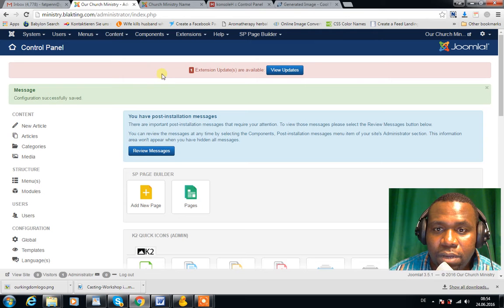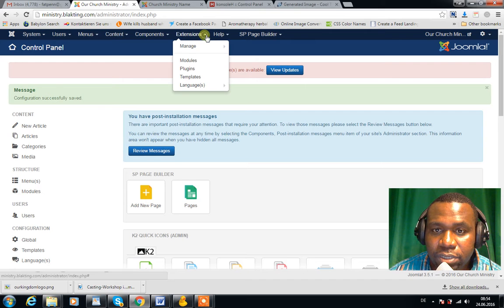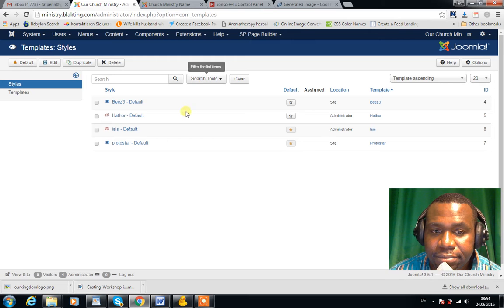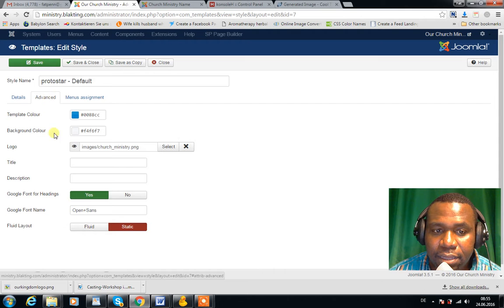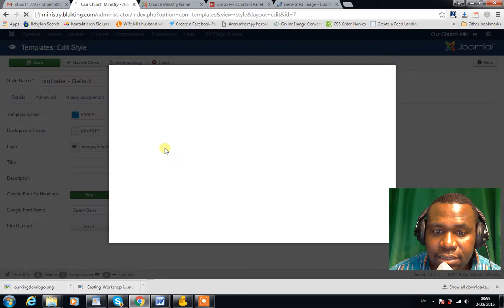Now to change the logo, we're going to go to extensions, click on templates, click here where it says Proto Star default, make sure the checkbox is checked, click edit, and click on the advanced tab. The first thing we're going to do is the logo. It shows you a picture or an image of it. I want to change that. I'm going to click select,